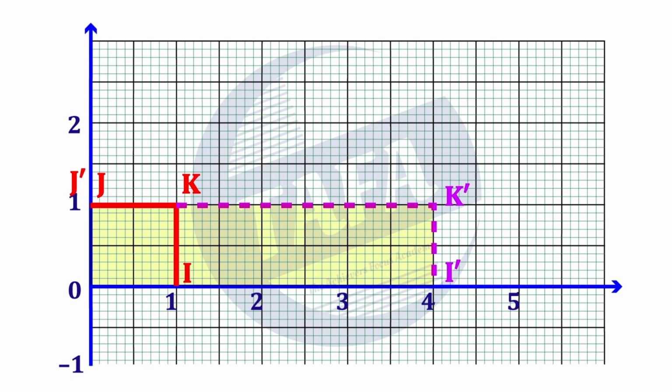So we stretch the point I to I prime. You can see we are moving it to 4. Then K also moves to (4, 1). Now, from the unit